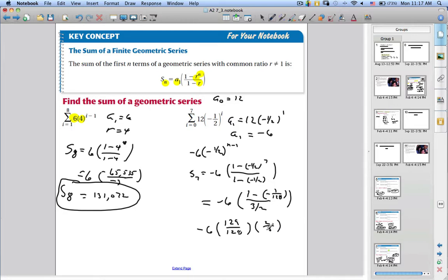So I'm going to take, right, 3 is going to go into negative 6 and leave negative 2. The negative 2 will go into 128 and make it 64. We still have the negative, though. 2 goes into 64 and make it 32. So this simplifies to be negative 129